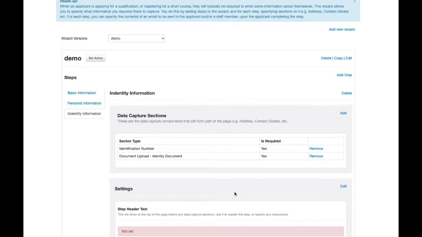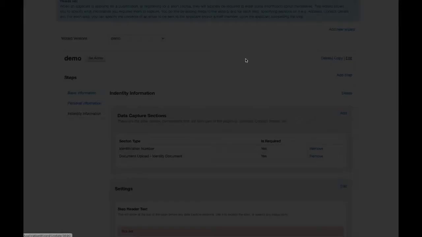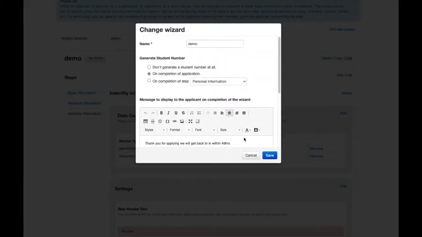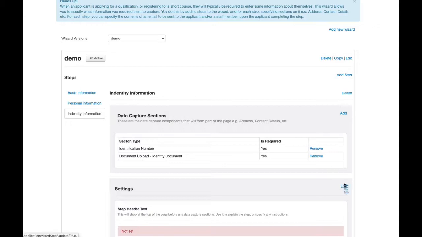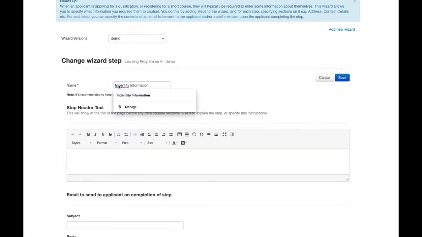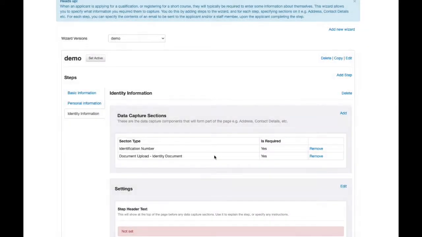So if they haven't completed a step, so if I'm sitting on identity information, and I've typed in an identification number, it's not going to be saved because I'm just typing in the identification number. But once I click submit so that I can go to the next step, then it will be saved against